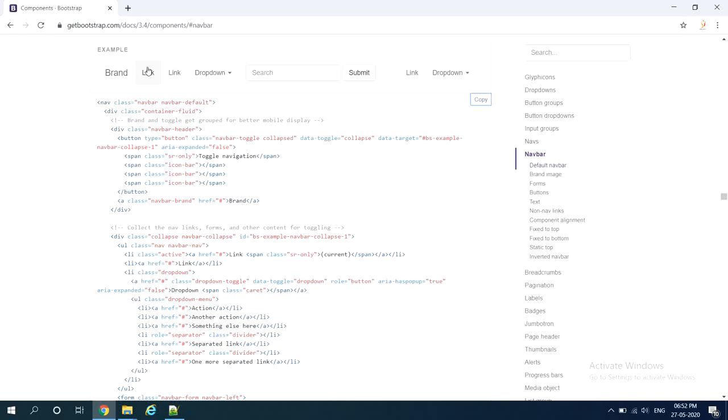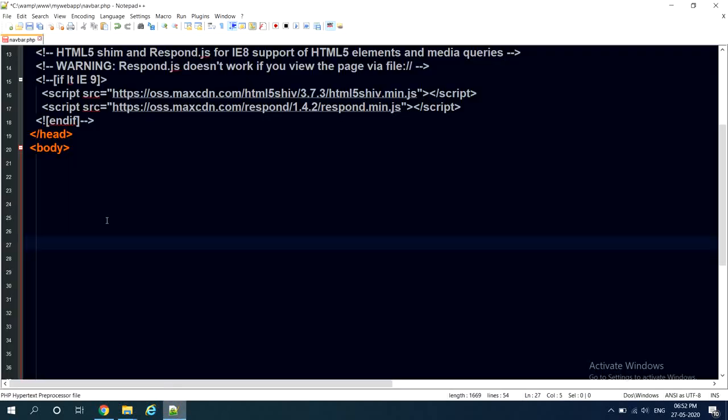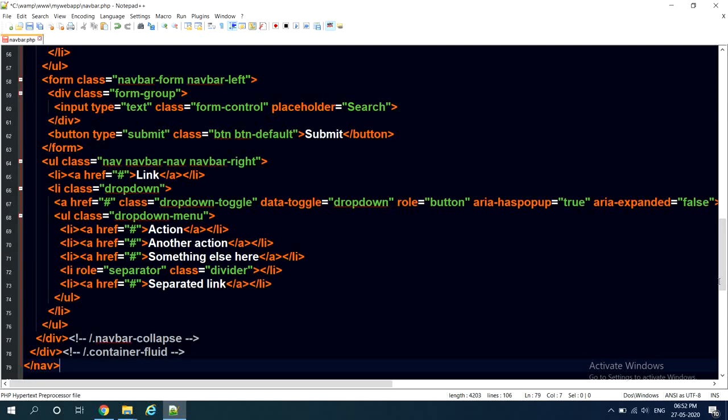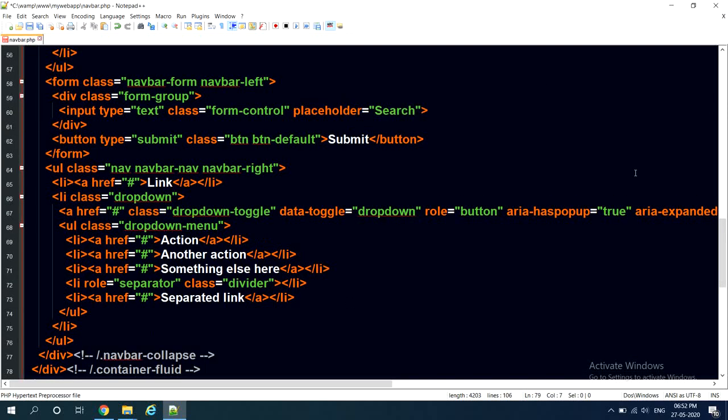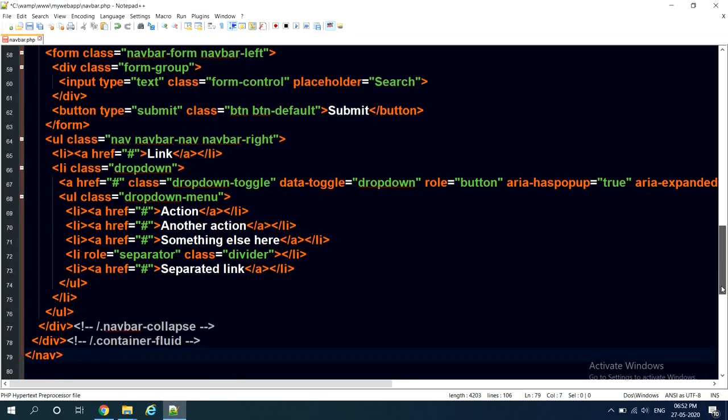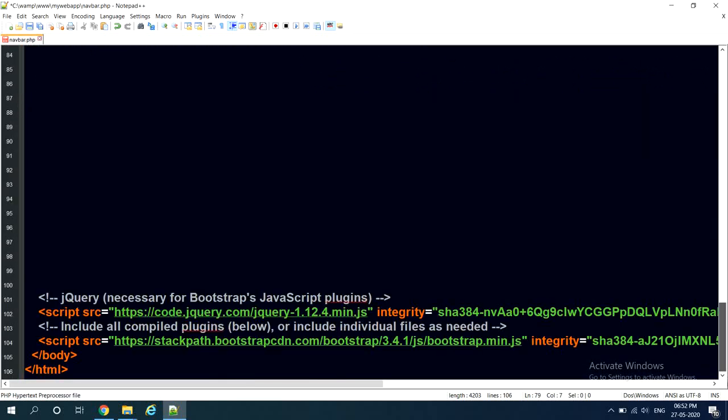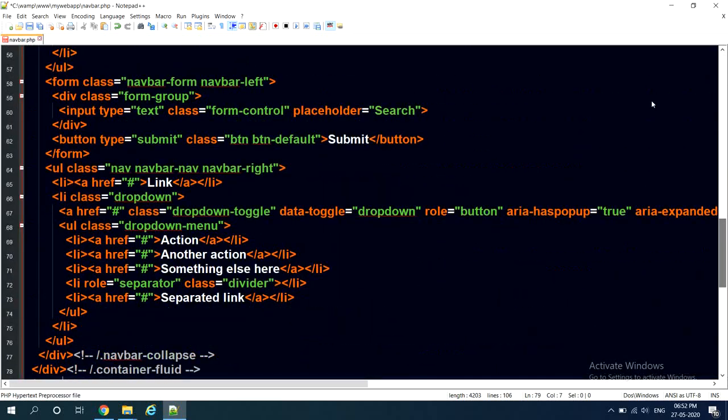So this is the output I am supposed to get when I copy and paste this code. I will copy and paste it in the place which I created after the body tag. Just paste it. Yeah. Now you do not worry about all this code. Okay, everything got done. Fine.